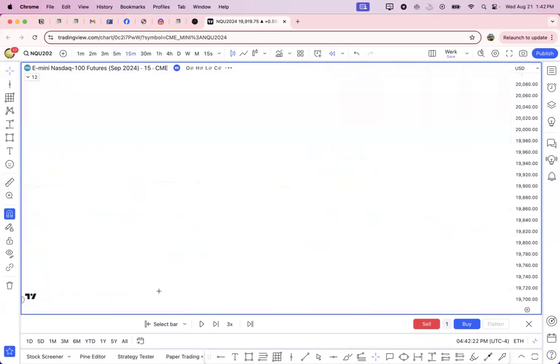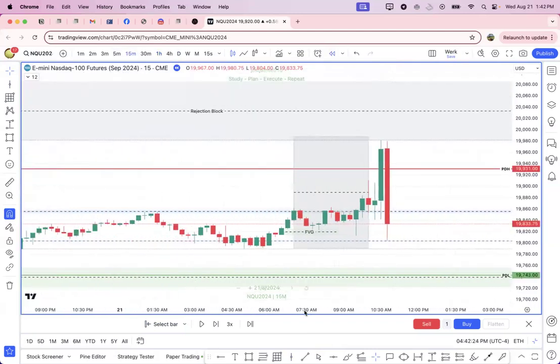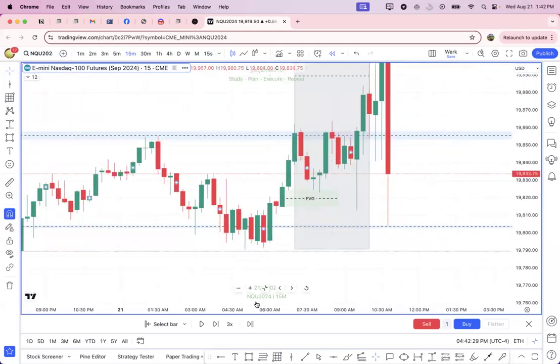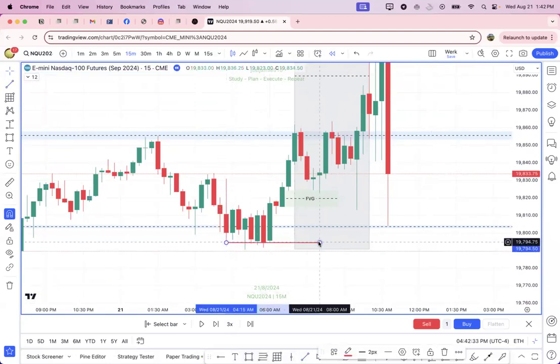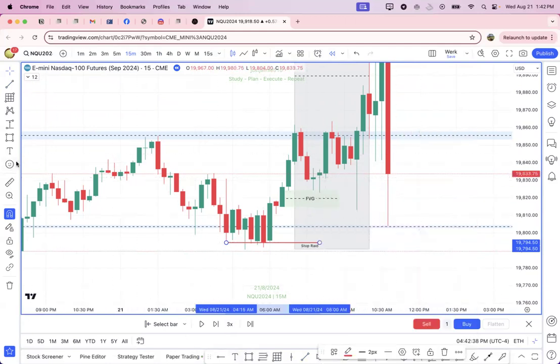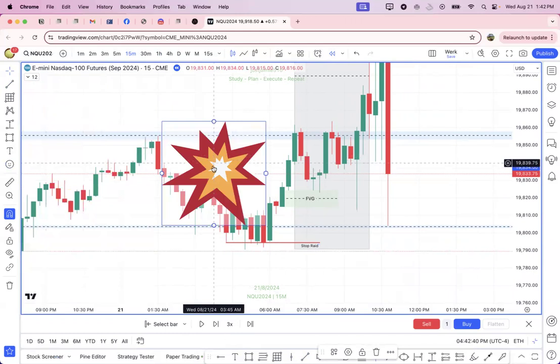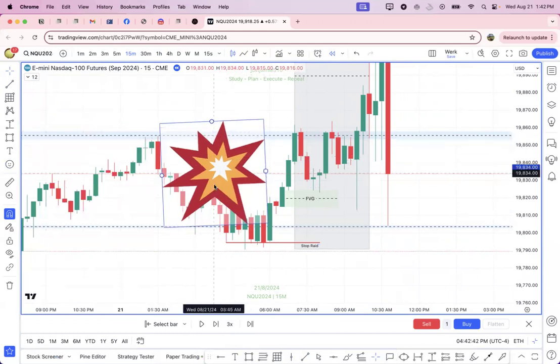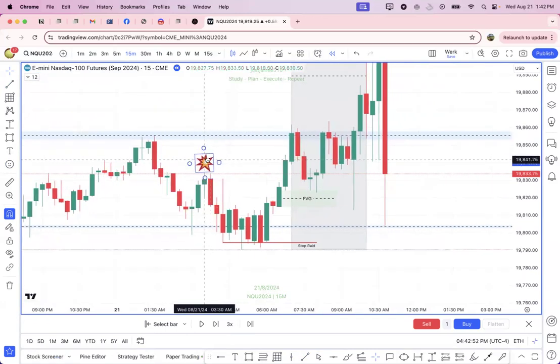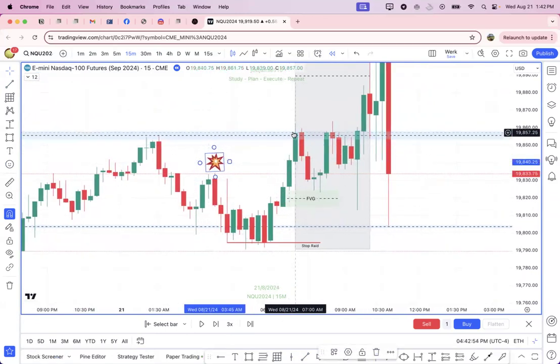So let's look on this chart right here. One of the things that I noticed was we have the 2022 YouTube model right here. Ooh, look at that. Okay, so I'm using this one right here as a short-term high that I want to see displacement on. And we get that right here.